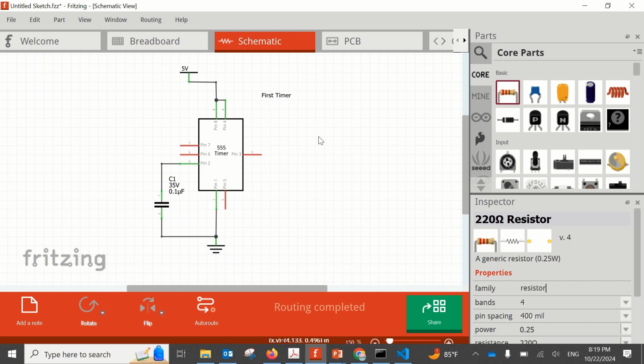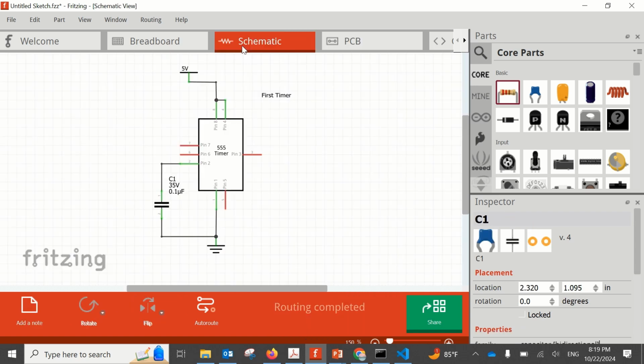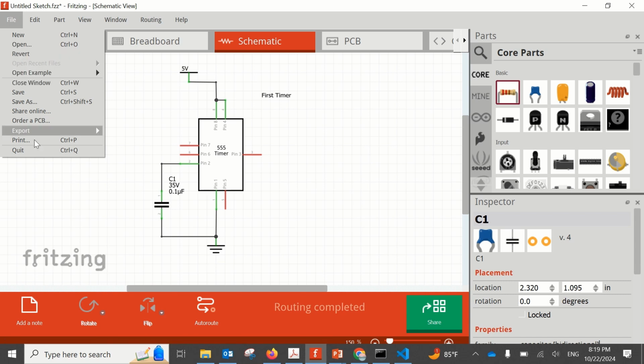So that's for the schematic. Later on, when you want to move to PCB, you just go here and you will already have the components and also the wiring of your connections. Now, if I want to save it as a PDF, I have to do File, Export as image, and then